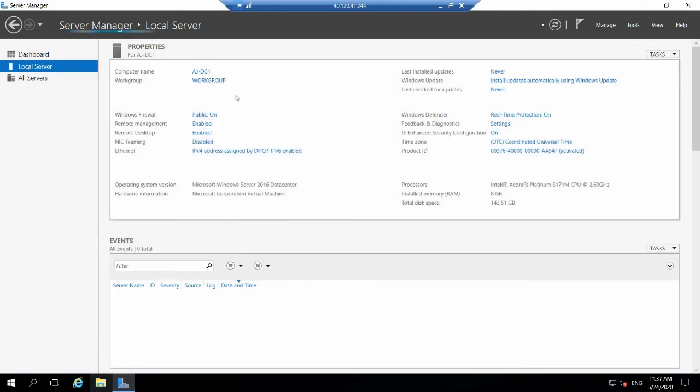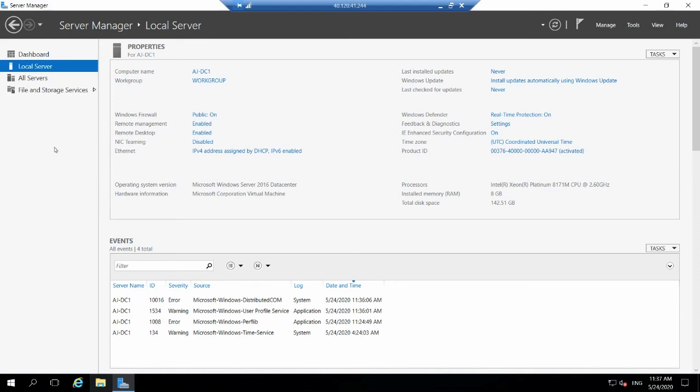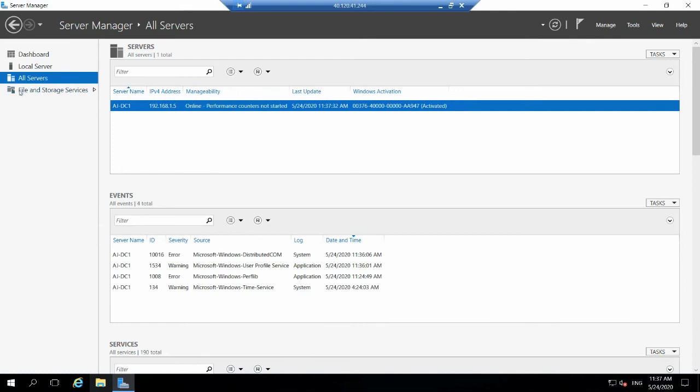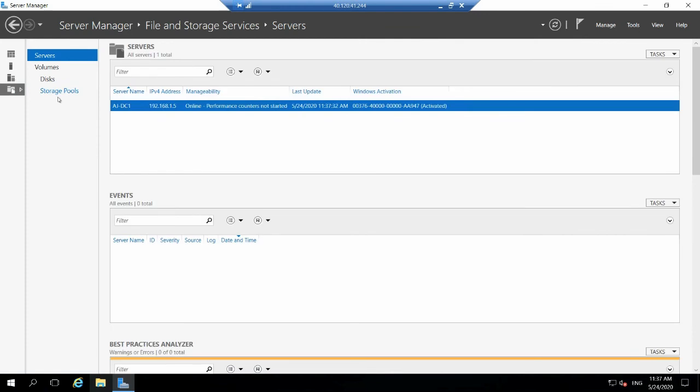And that's our first virtual server which I've created on Microsoft Azure. What I'm going to do is make this into an AD, Active Directory, and I'll probably show you that another day. Okay, back. As you can see there, it says AJDC, and if you go down to all servers,